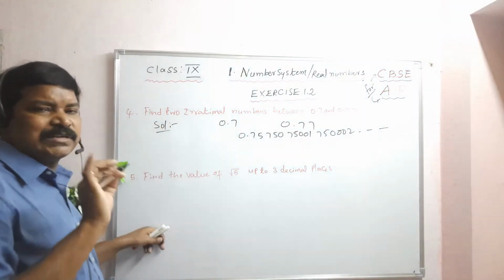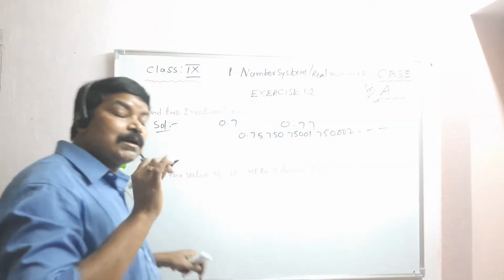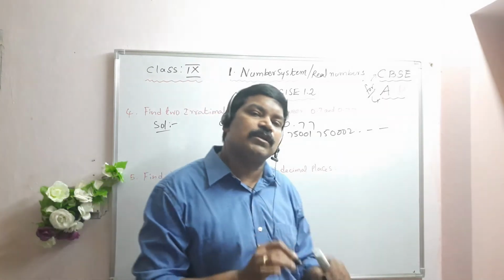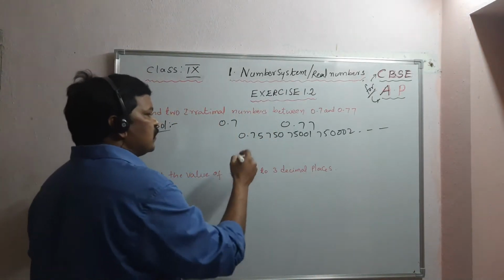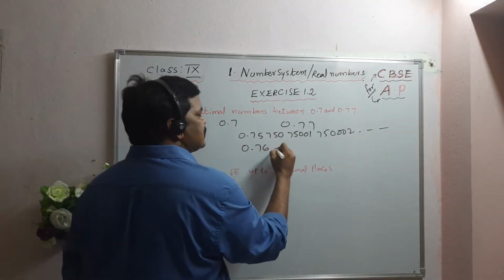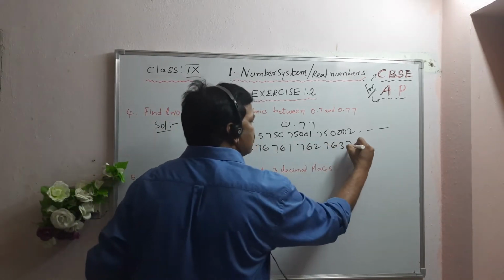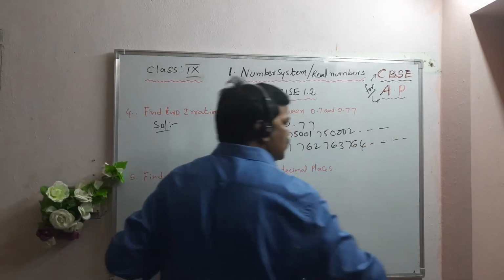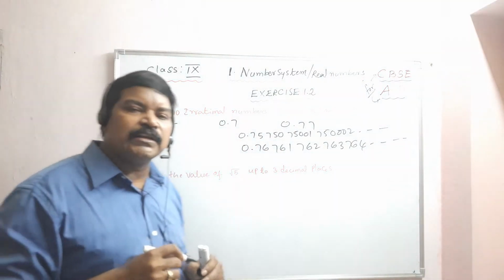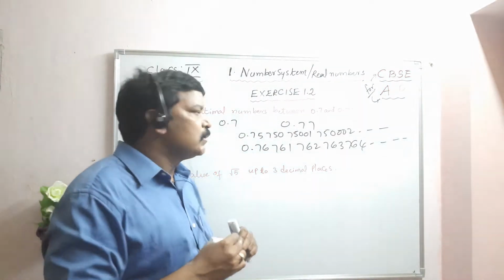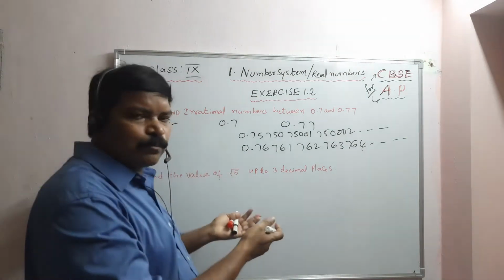Whatever it may be, you can take. But that number must be a non-terminating, non-repeating decimal. I will take another number here, 0.76, 761, 762, 763, 764, and so on. This is also a non-terminating, non-repeating decimal. Therefore, in my point of view,